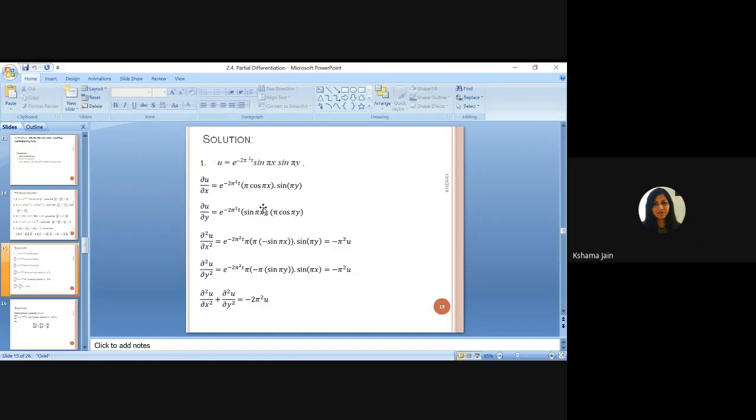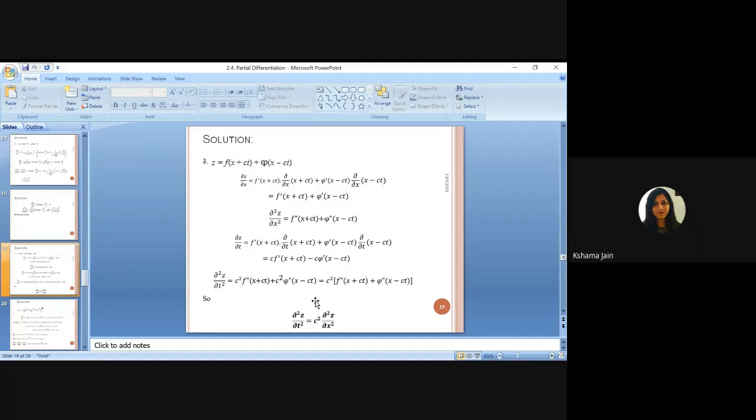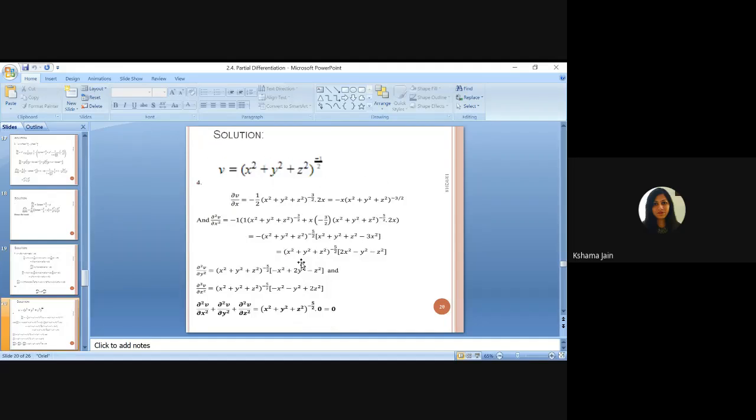See here, many problems are there, solved ones. You just remember the fact that here z is depending on two functions f and phi, and f and phi are functions of x, c and x, t. C is like a constant. So z can be differentiated with respect to x and with respect to t. When you are differentiating with respect to x, treat t as a constant. When you are differentiating with respect to t, treat x as a constant. That's it. If you remember this fact, you can differentiate very easily.